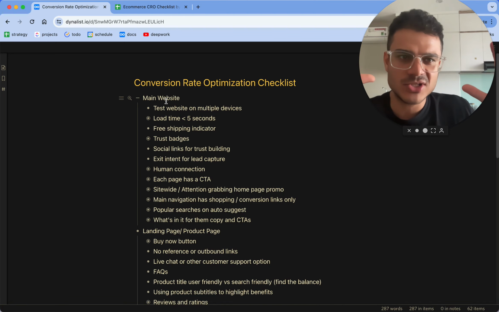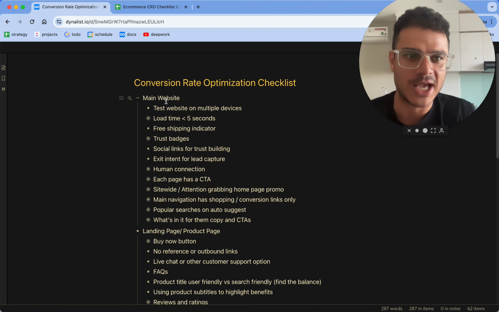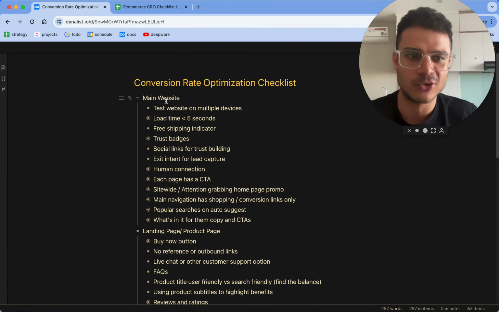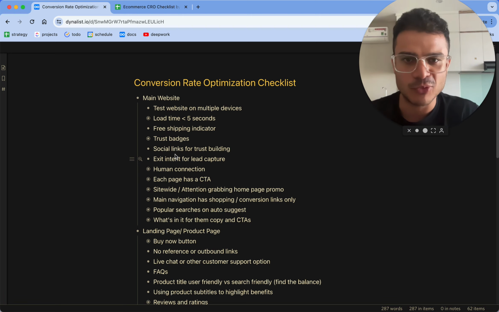website. Imagine the user journey, right? So the main website is a website that a user would land on who's probably aware about the brand, or who's coming from SEO or some sort of organic channel, or who's coming from a social media page organically, right? Those are kinds of people that would probably land on the main website. And these are the kinds of things or experiments that you can do to improve your conversion rate from your